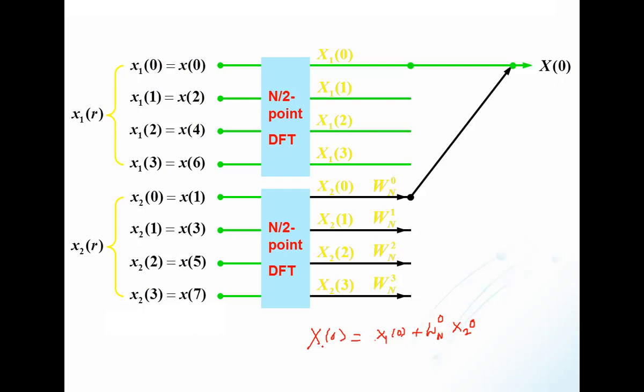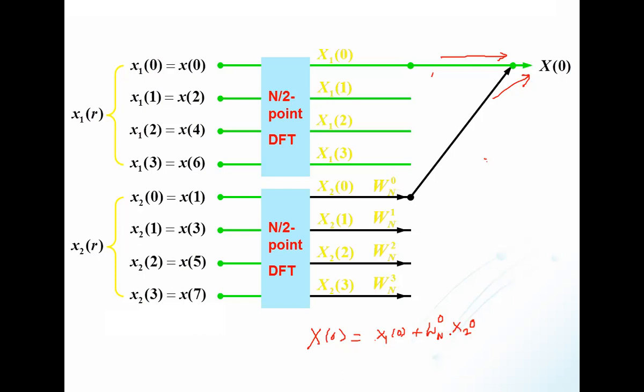Are you getting how I am calculating the value of x of 0? Yes, sir. It is just, you need to remember the simple butterfly diagram which I have given you yesterday. It is x of 0 equals to, it is a combination of this line. तो ये जो लाइन आ रहा है आपका, this line and this line. बराबर? Clear? Yes, sir. Any confusion? Anybody has any confusion, question here?